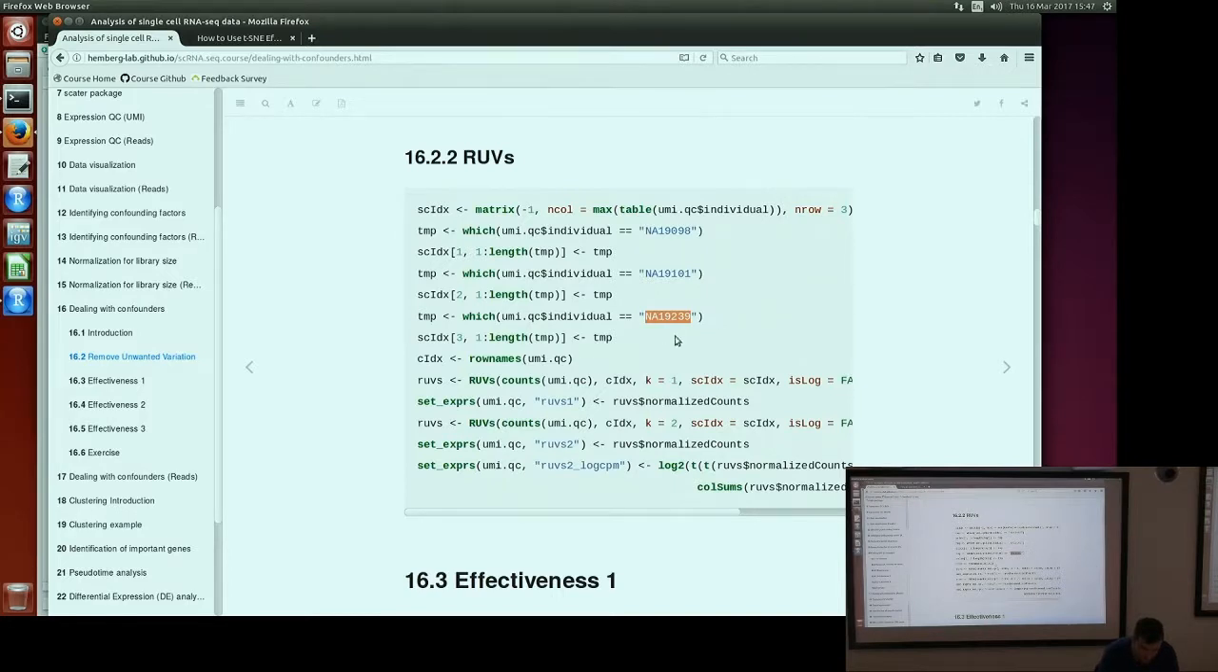I certainly found this a slightly counterintuitive way to apply this information for the function, but that's the way the authors wrote it. So this allows us to essentially nominate all the cells from the first individual as replicates, those from the second individual as replicates, and those for the third individual as replicates. And what we're saying there is that systematic differences between cells from the same individual are essentially batch effects. They should be systematic, large-scale differences, should reflect technical sources of variability that we want to remove,